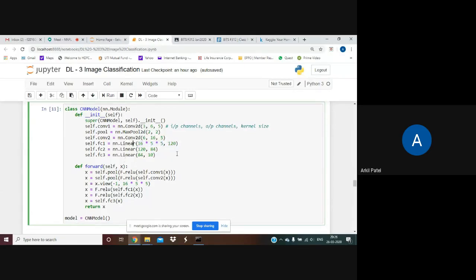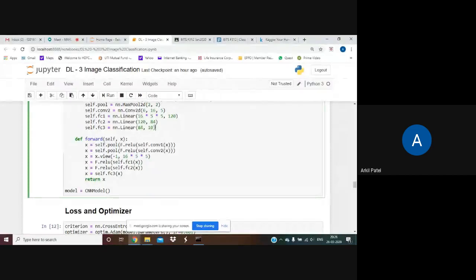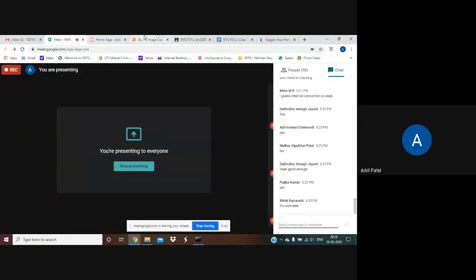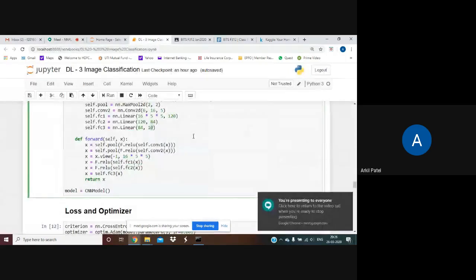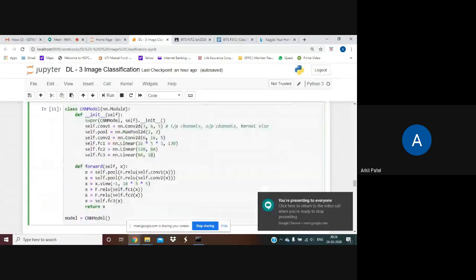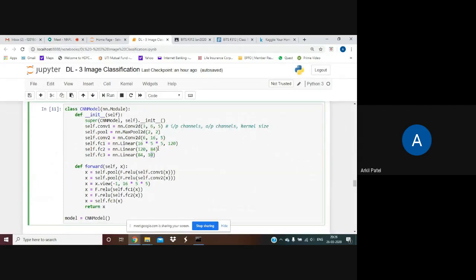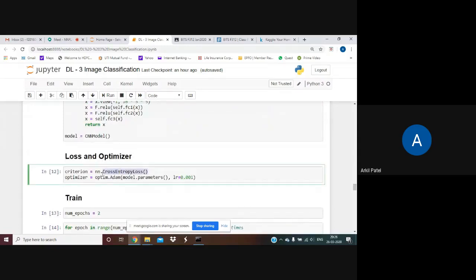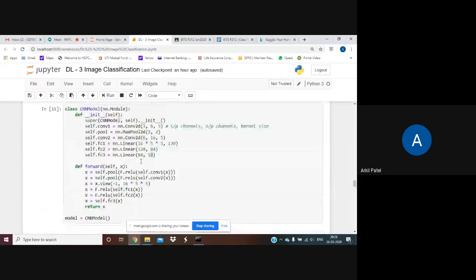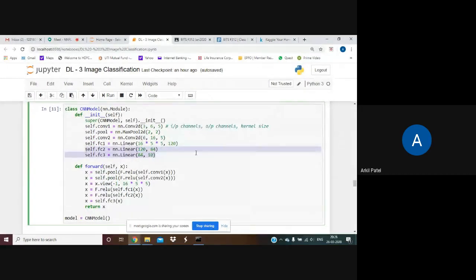Then I have 2 more layers, taking it to 84 and then to 10, because we have 10 classes. I'm not going to use softmax here because in PyTorch, the cross entropy loss is a combination of log softmax and cross entropy loss. So you don't have to do anything regarding softmax.